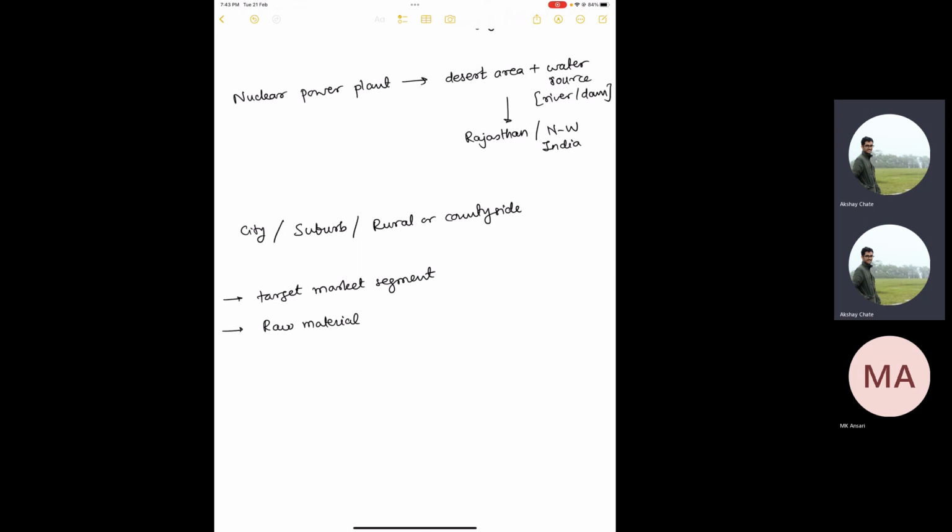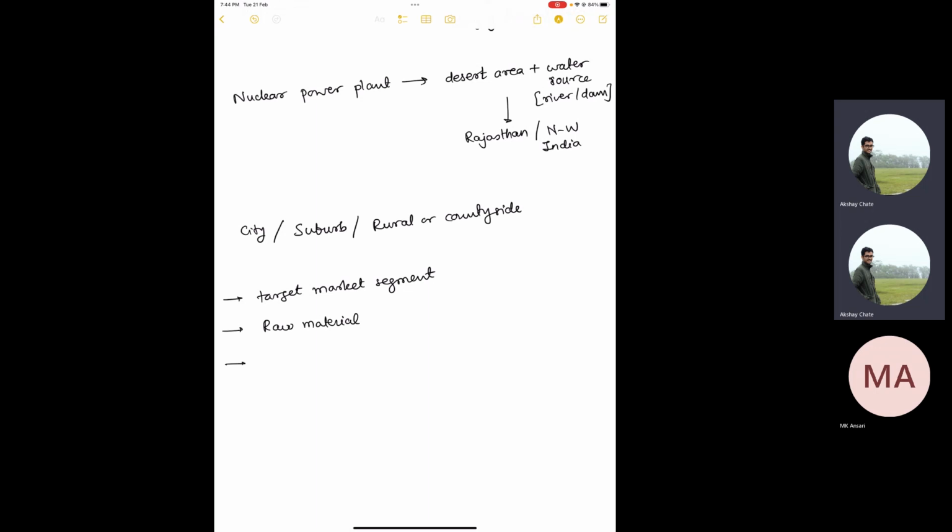You cannot have delay in your production line because it's a continuous mass production. So you identify if you want a certain raw material, whether it is available in that area or not, or how far the area is from your new site. So you'll need to take into account the